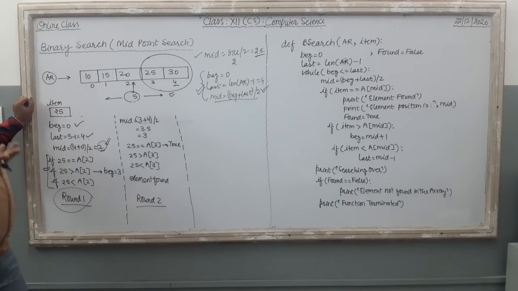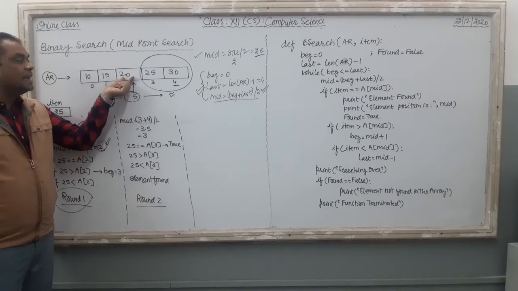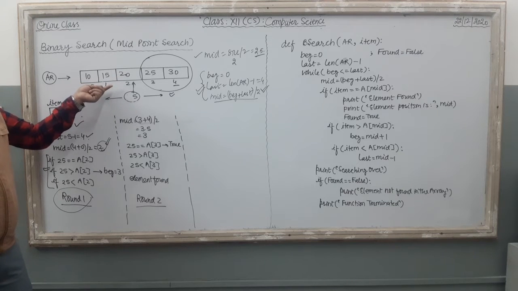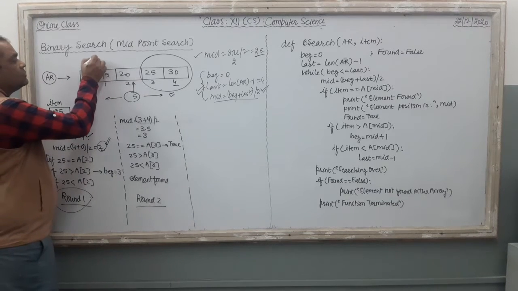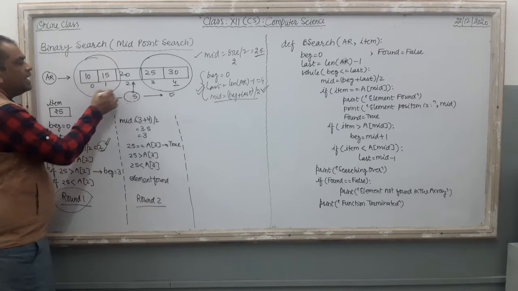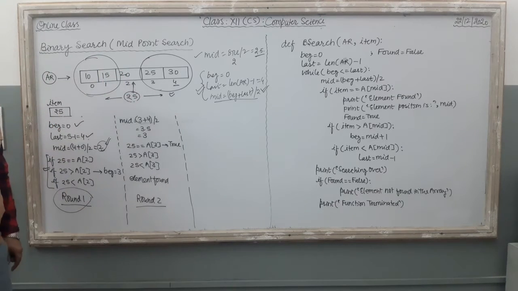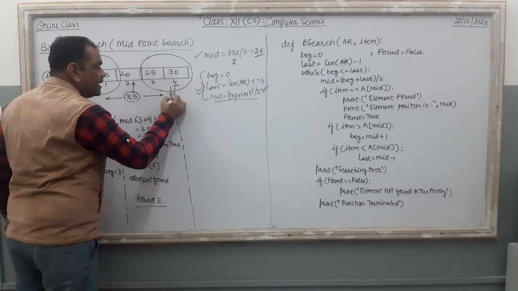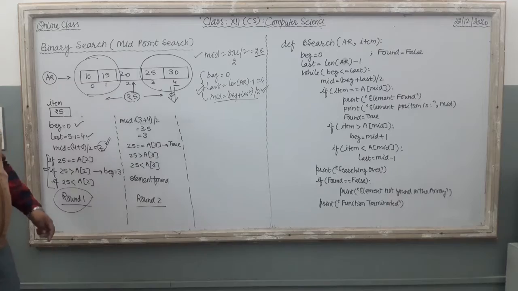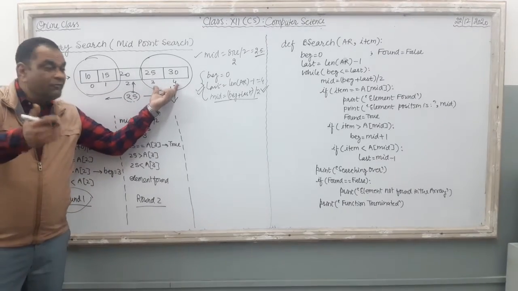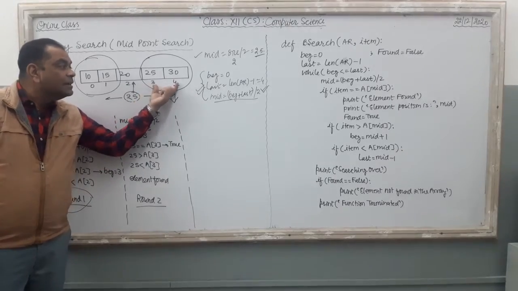It is a general tendency only. 5 is less than 20. It means what? If the value is less than the middle position element's value, it means we have to search in the first half of the array. Right? So now 25 is the value, situated in the better half. Now what will happen? Now we have to search this 25 in the second round. We have to search this 25 in this part.